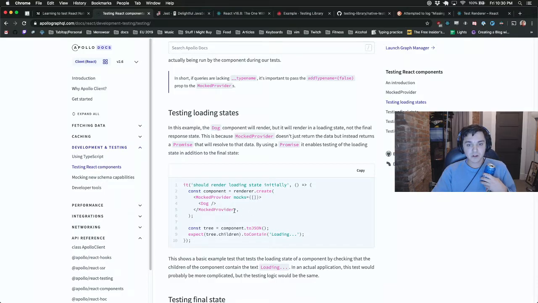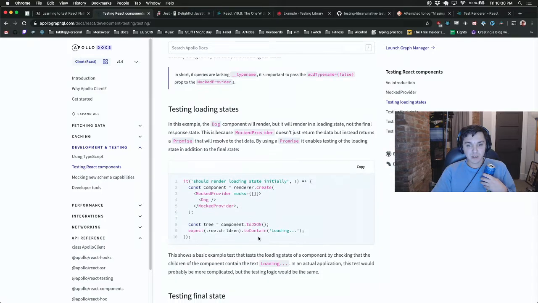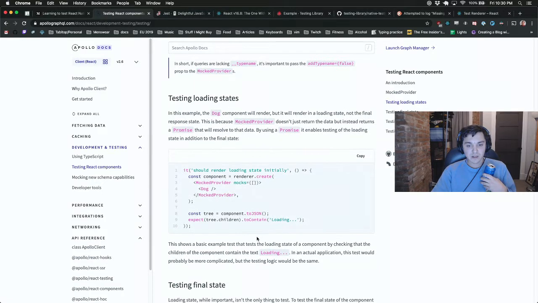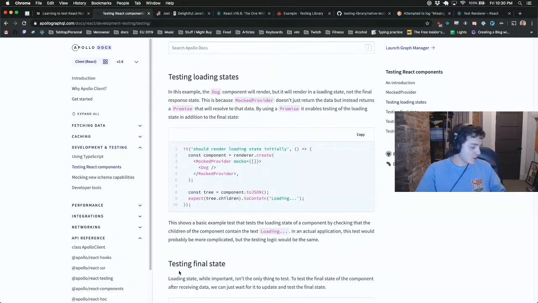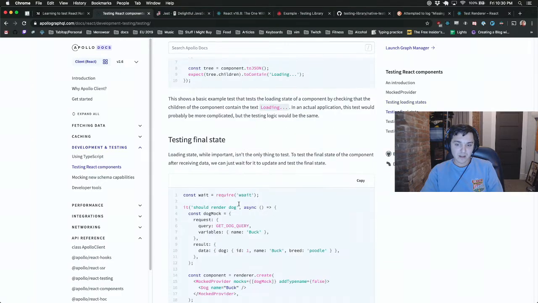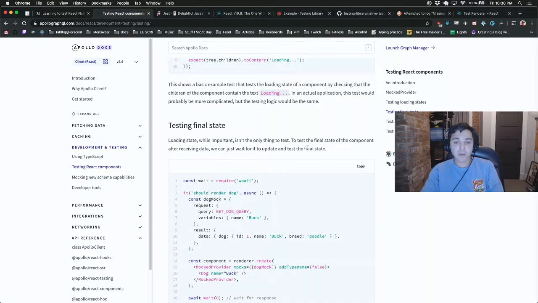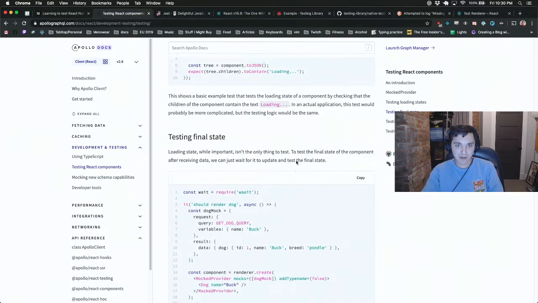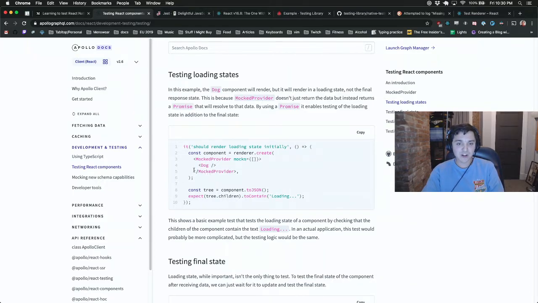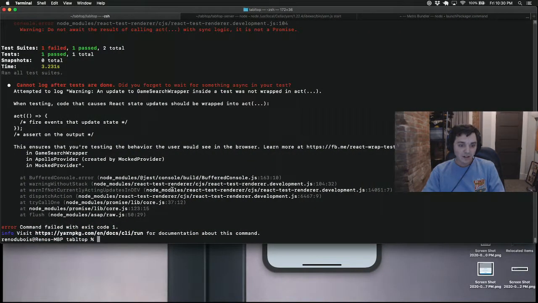const component = renderer.create. const tree = component.toJSON. Expect to contain loading. Okay, let's try that. Yeah, or actually I want to test the final state. That's what I care about. But let's do this first. This is a good intermediary. Okay. So